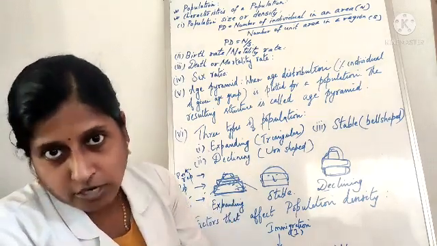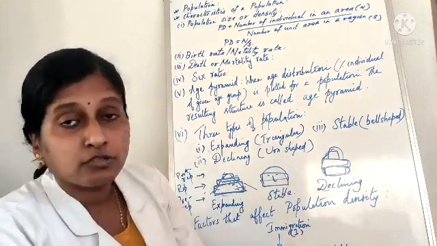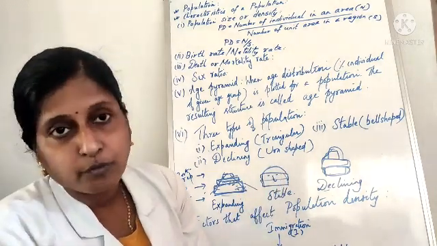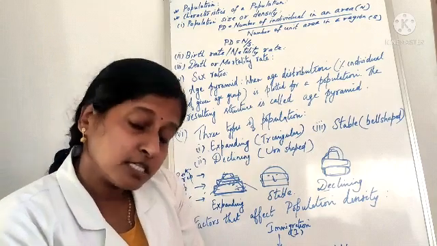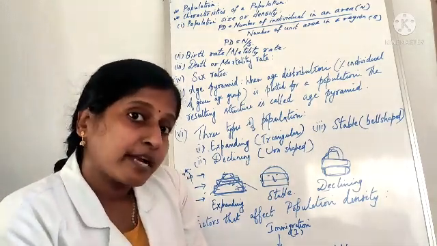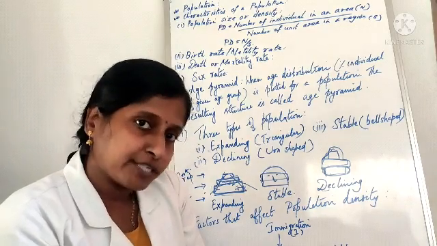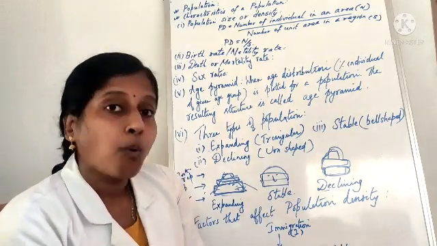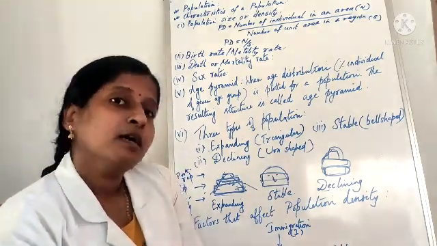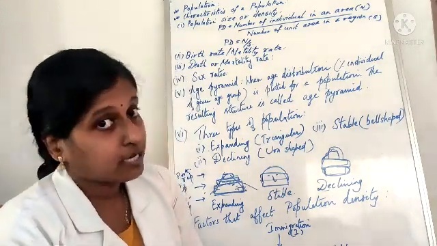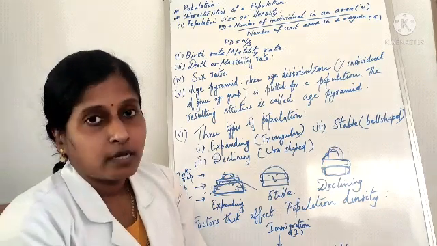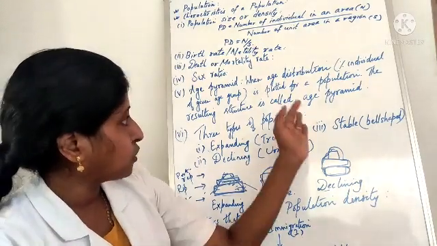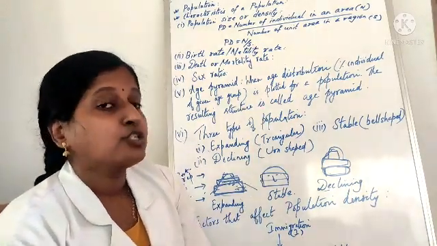So if all of a sudden there is a destruction, a calamity, maybe natural or maybe artificial, it results in a decline in the population. Then that sort of population we call a declining population. In this, what is noted? The pre-reproductive group category will be less compared to the reproductive category. Understood? So these are the examples of three types of population: one, expanding population in the developing countries, stable population in the developed countries, and declining population because of some natural or artificial man-made calamities. These are based on your age pyramid. We can classify the population into three types.